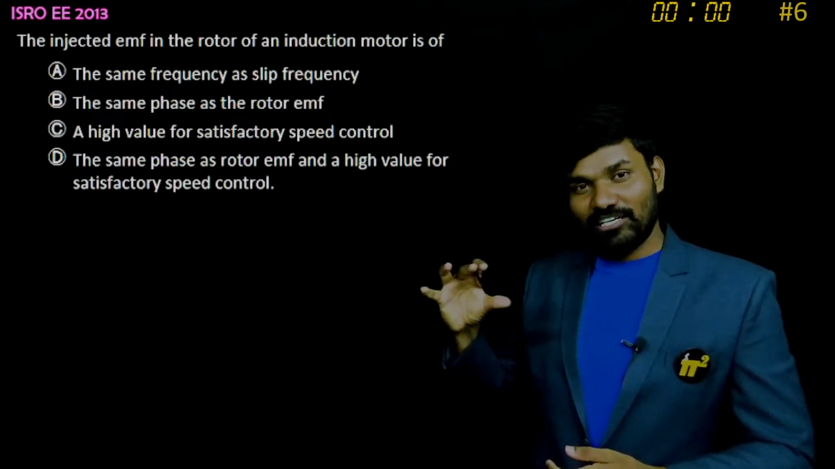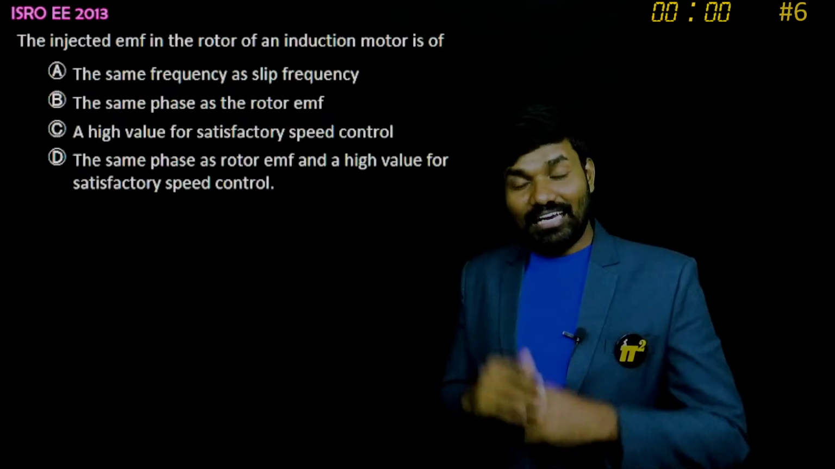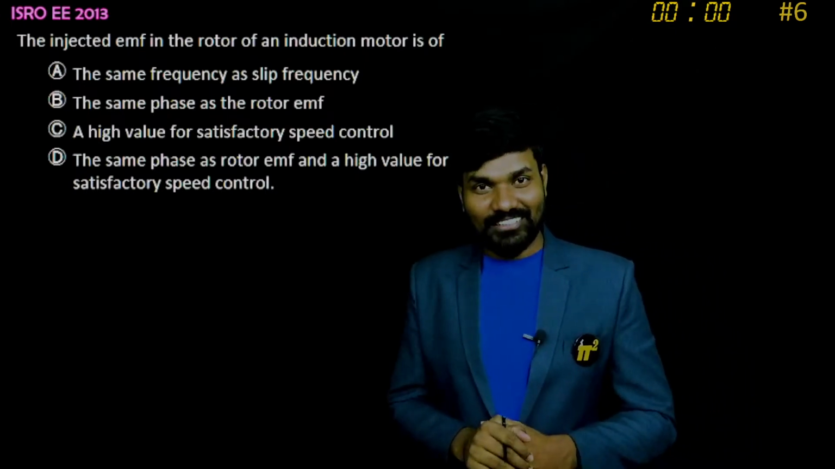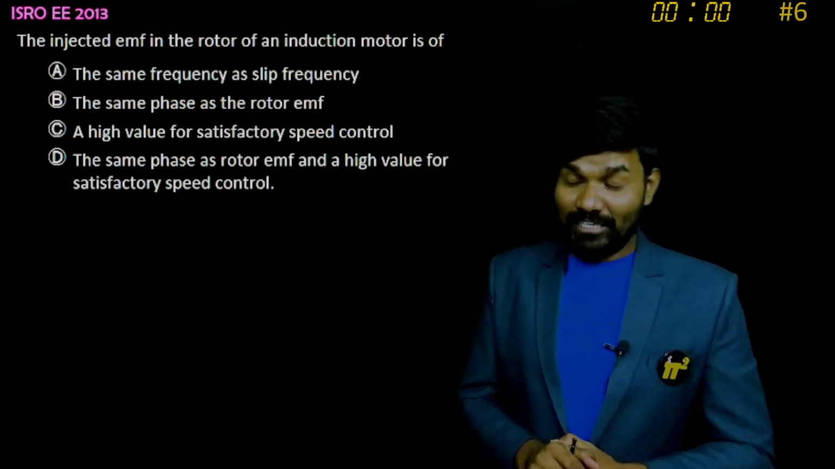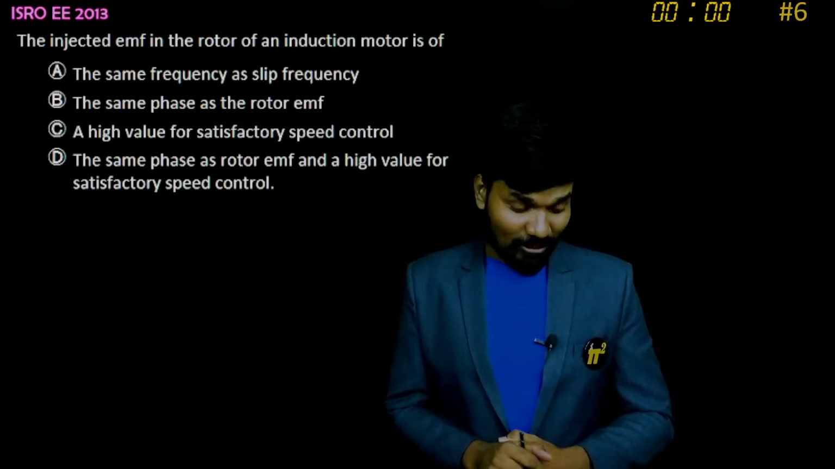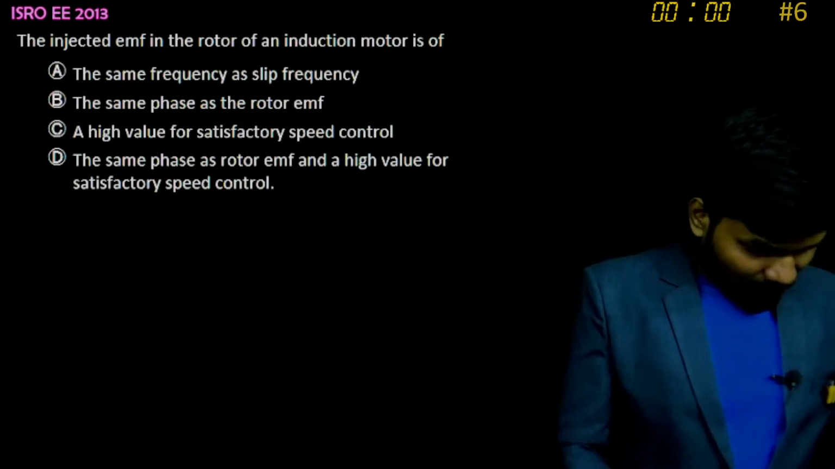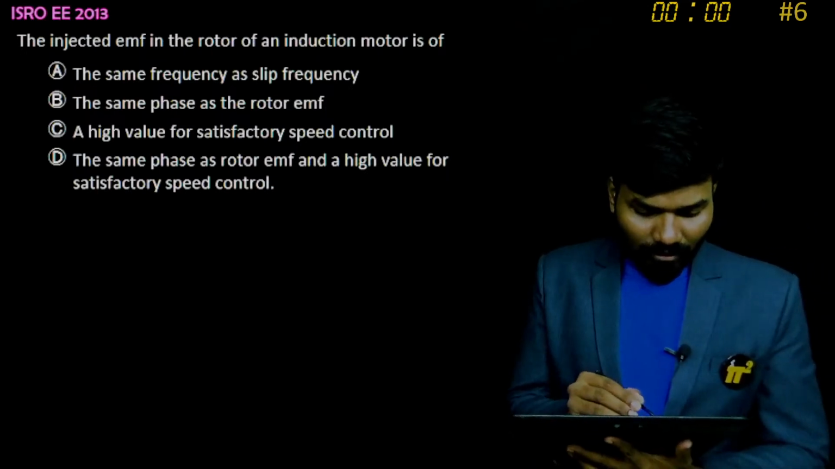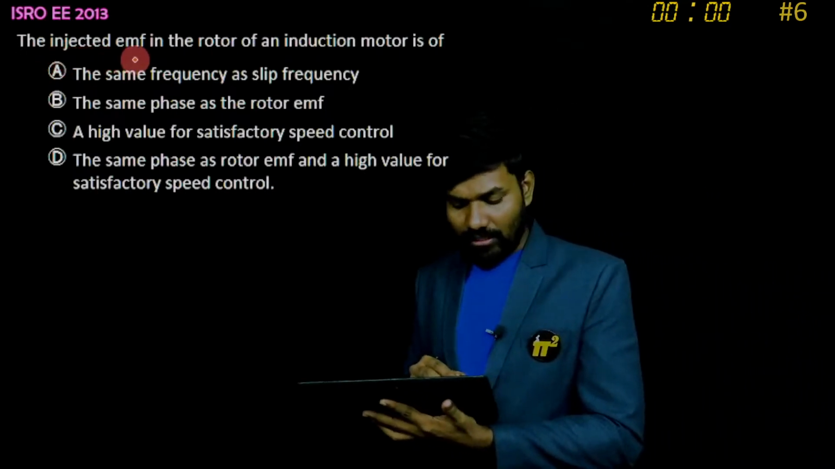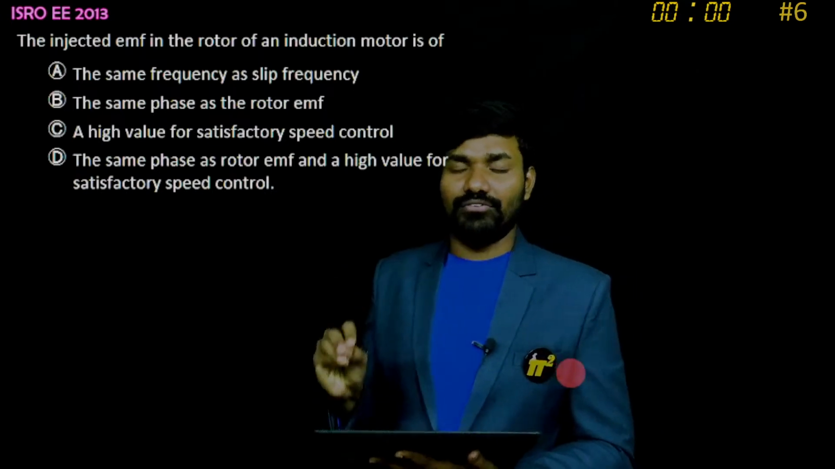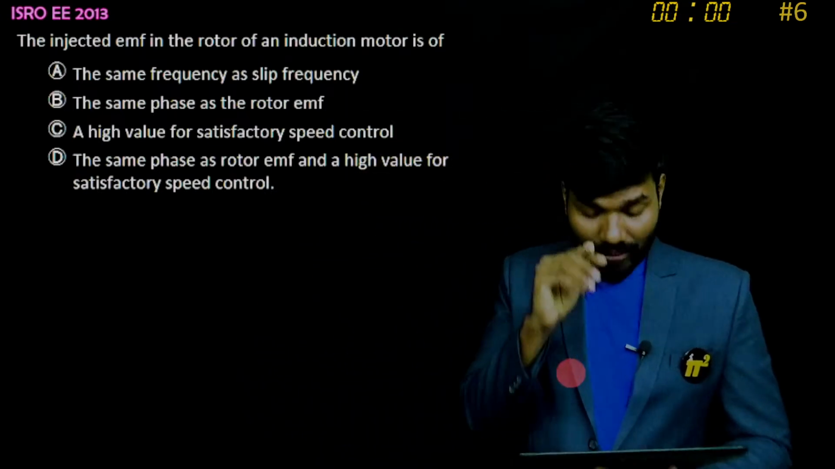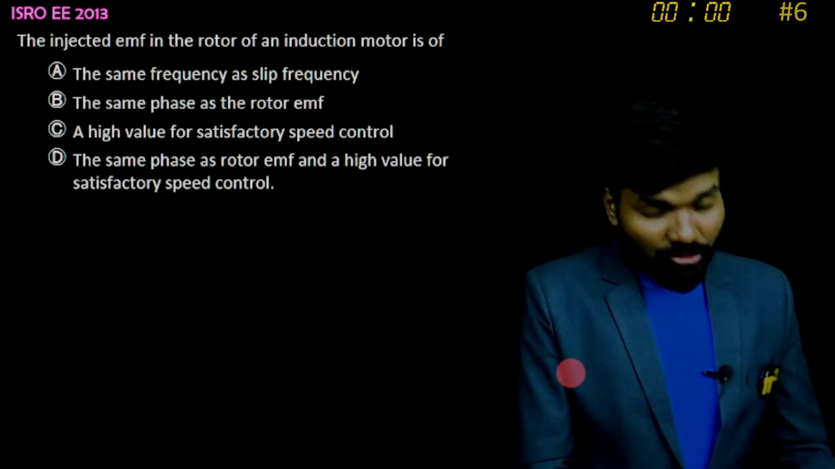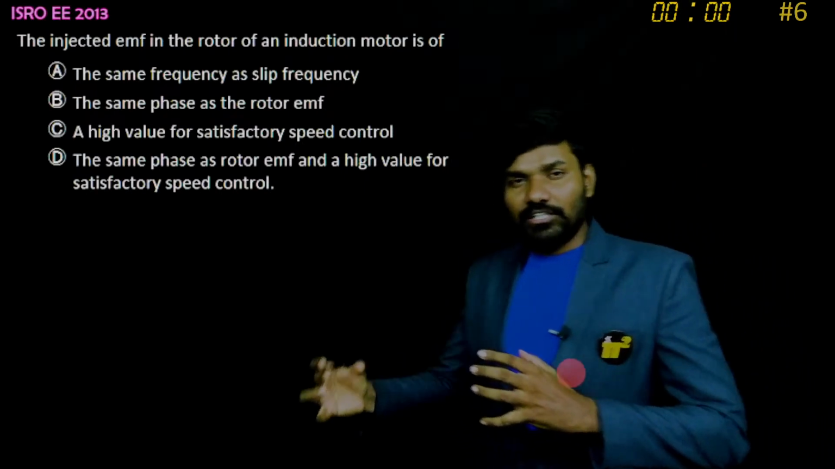It's a special kind of construction, and it has a commutator. Yes, it is an AC induction motor, but yes, it has a commutator. Anyways, now why do we use this? The EMF injection method is used for speed control purpose. Even based on this concept of EMF injection,